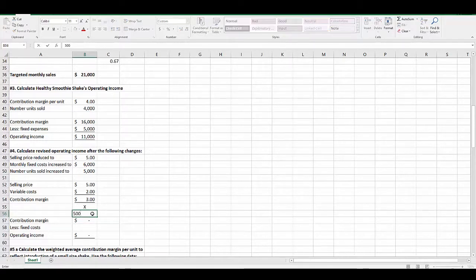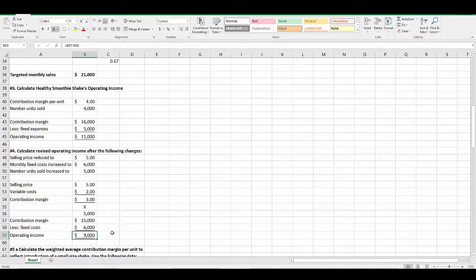So we'll enter in our 5,000 units. This gives us a contribution margin of 15,000. But we still have to remember to deduct our fixed costs. Our fixed costs have increased to $6,000, so let's subtract that, and that leaves us with operating income